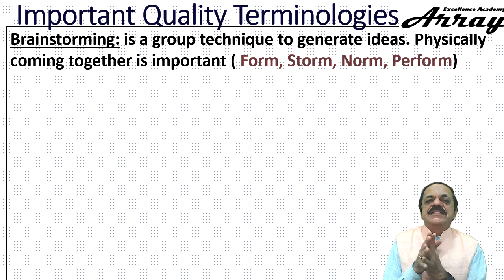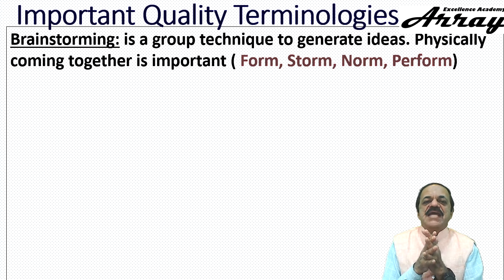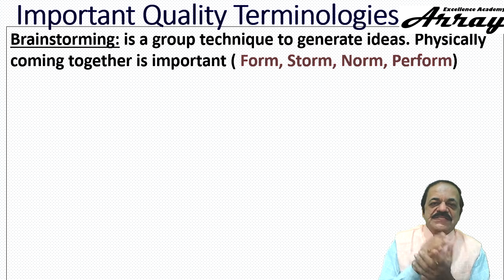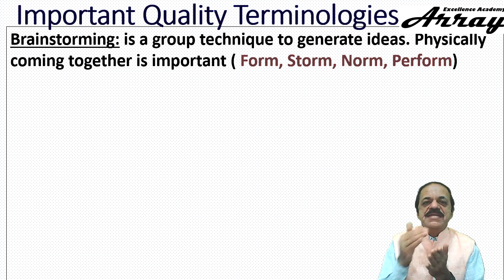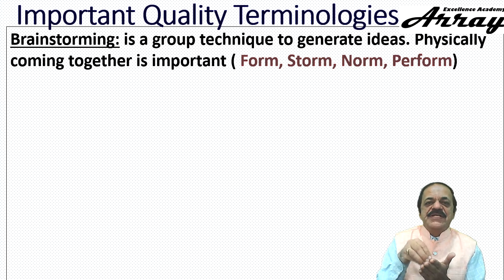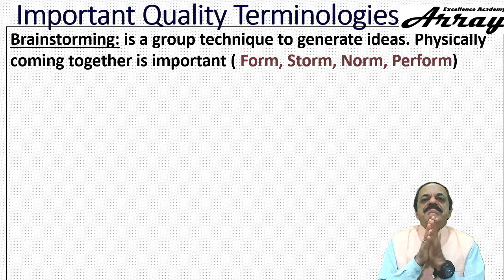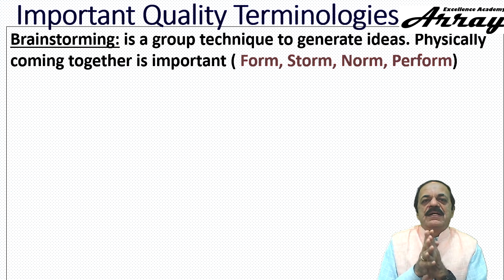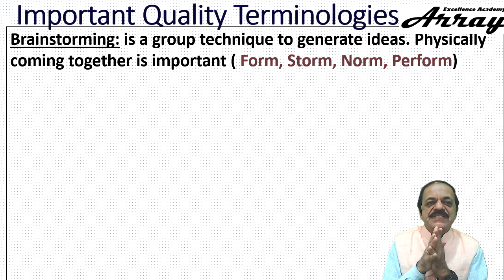Now, as we sit together in a team, in the beginning a team is formed, and the first reaction, I'm looking at form, storm, norm, perform. First thing is the team is formed. As the team sits together for the first time, there will be misunderstanding, there will not be good understanding, I will say, and there will be some people who will try to establish themselves as important and so on. There will be a storm happening. Many of the team leaders get disappointed with this kind of storm happening within the team.